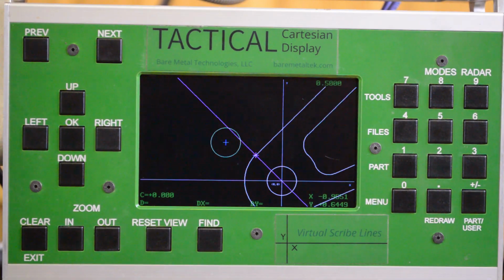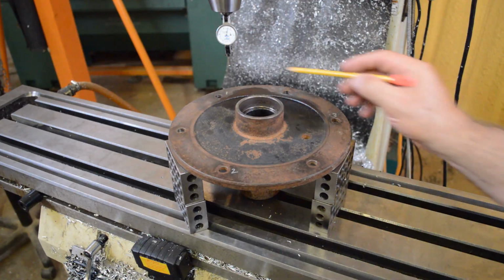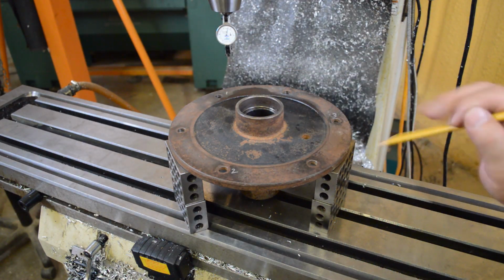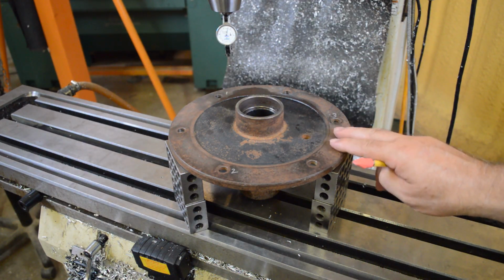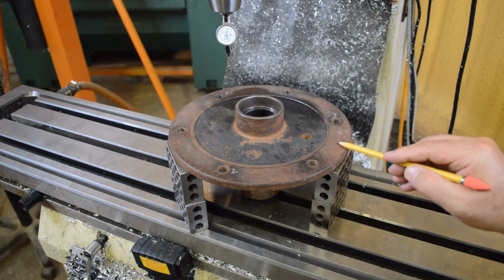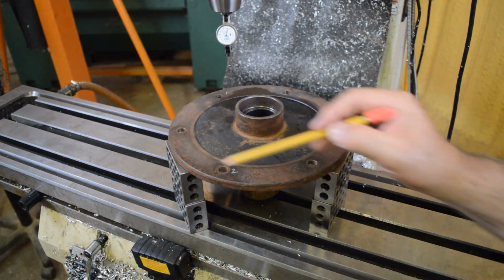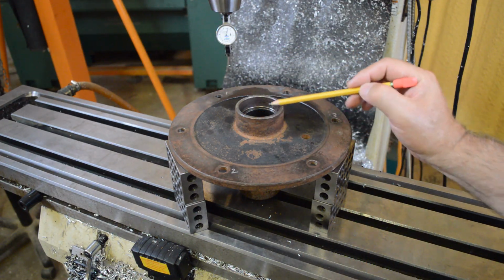Now, I want to do another example with a circle through 3 points. Suppose we had a part like this, some kind of flange, and this is just an example of a part that I'm going to use as a prop in this video. But suppose we had some part like this that we needed to repair. And so it's a flange, and it's got this bolt pattern, and it has this bearing in the middle